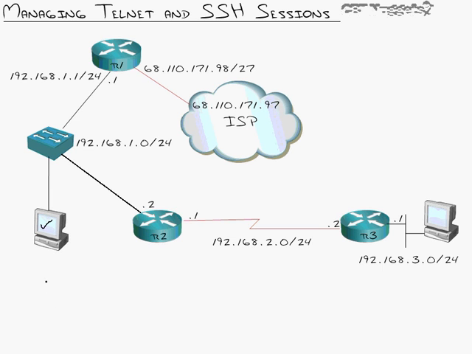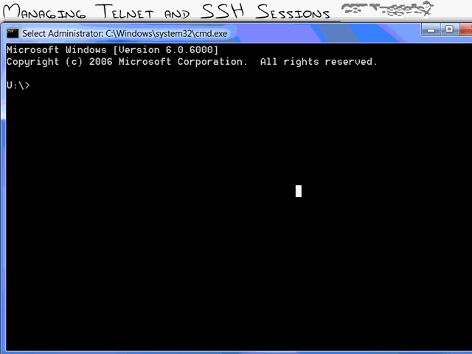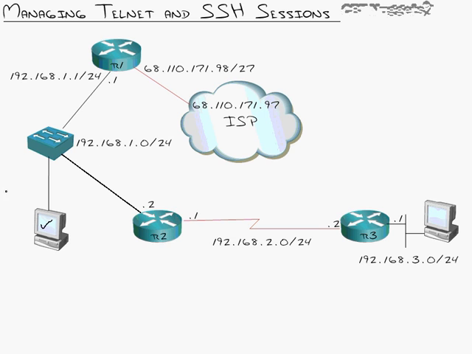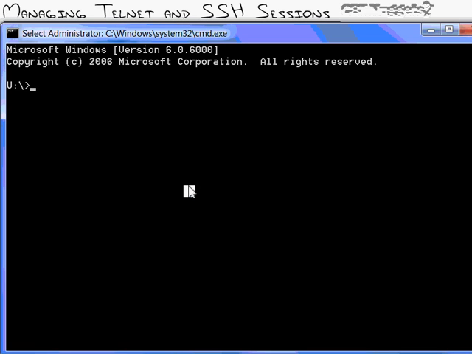So what I'm planning on doing is opening up a Telnet session over here to router 2. I'm just going to use a normal command line prompt to do this. I'll do telnet. Well, actually, you know what? Before I do that, I'm going to ping router 2 to make sure that it's online and reachable. Because if you telnet to something that's not there, the command prompt or even the Cisco router will hang there for 30 seconds or so, waiting for the telnet session to time out. It just takes a while. So it's more beneficial to just do a ping